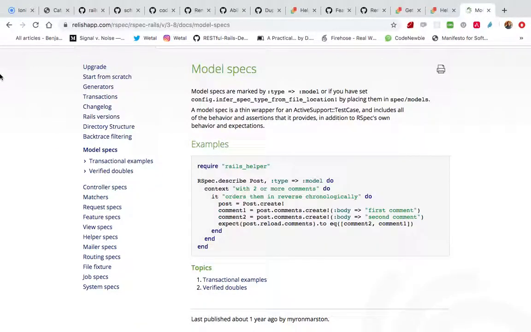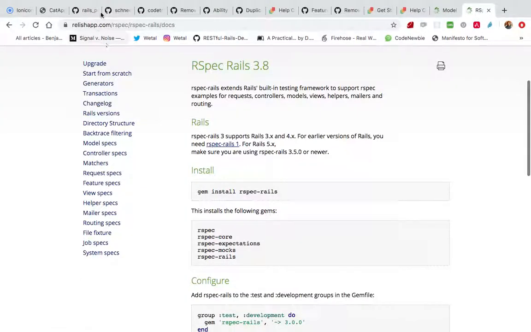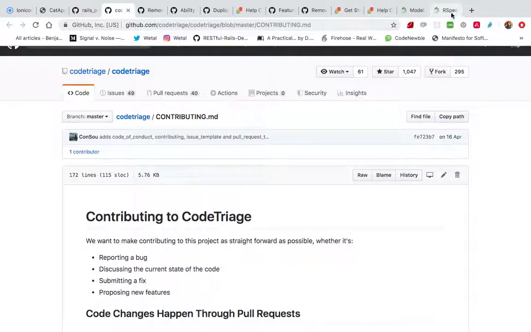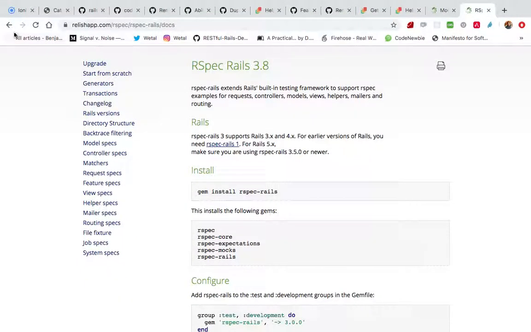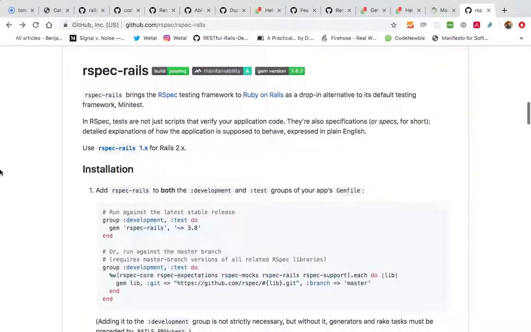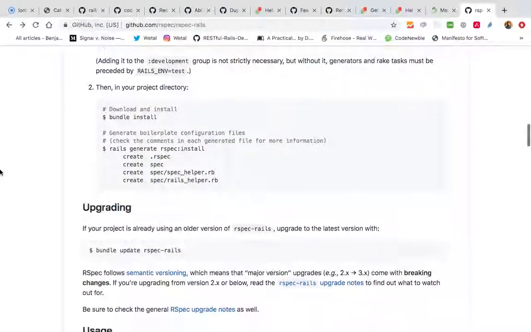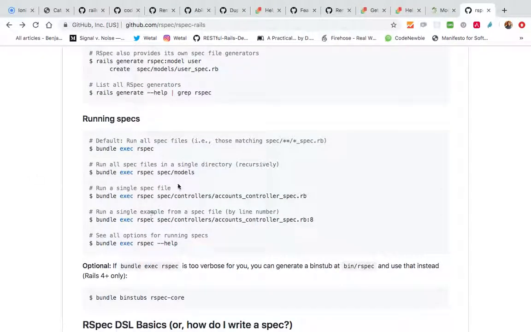I have too many things open, too many tabs open. Here we go. So if you run that,